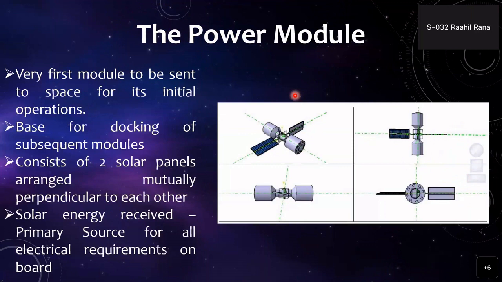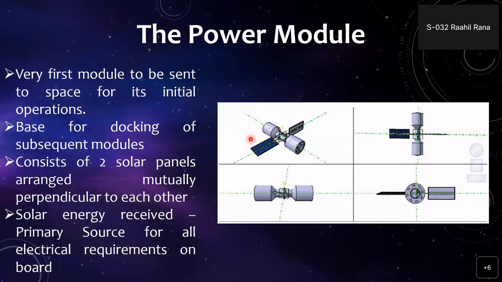So a power module consists of a structure with two solar panels which are usually arranged perpendicular to each other, and the most important source which we will be using for all the requirements on board is the electricity we will be generating from the solar arrays. And hence this is also the first module to be sent to space, so that we can do other operations on board after